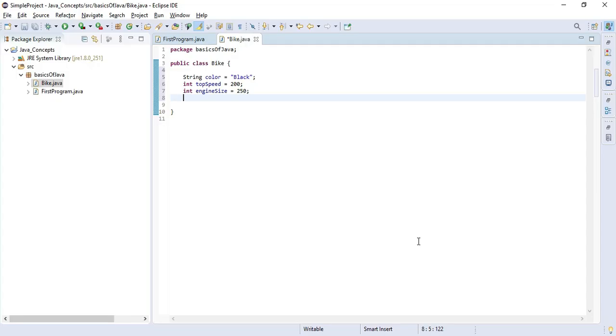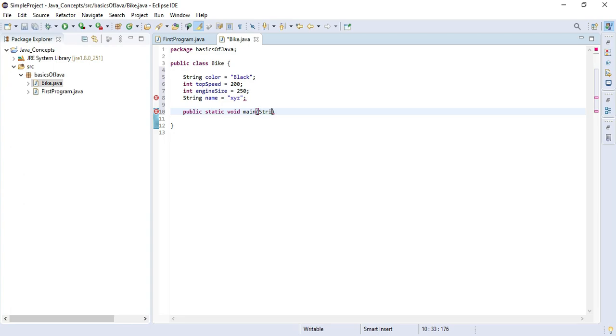Name. And name will be XYZ. So these are all the properties of our bike, and let's try to understand the definitions while creating one method, public static void main string arguments.